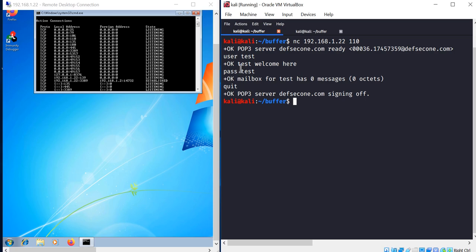So what we could do is increase the buffer more and more, and at a particular place the buffer gets overwritten, and then there is a pointer called the extended base pointer. It gets overwritten, and then the return address gets overwritten and the program crashes. This is called buffer overflow.